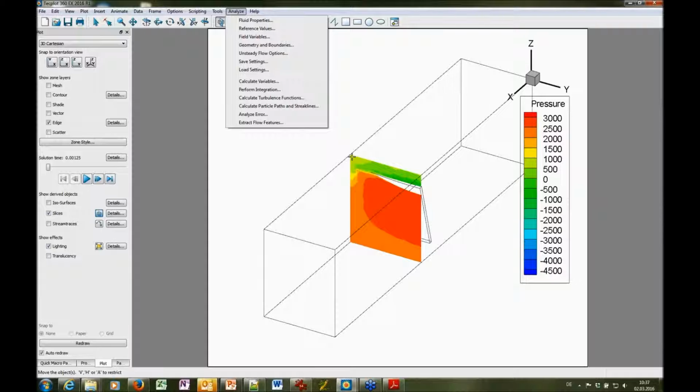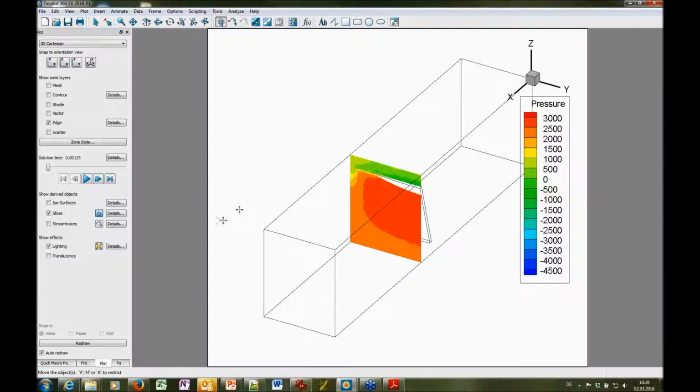for example, the mean value on the slice over time. But what if you would like to know the mean values over the complete slice for every point of the slice? So here, no standard function in Tecplot is available. And what I will do now is simply to start my